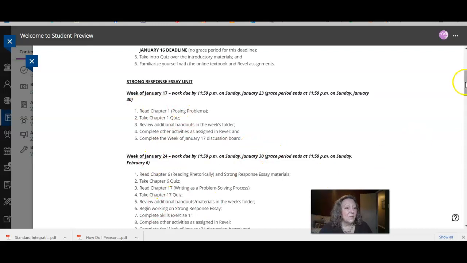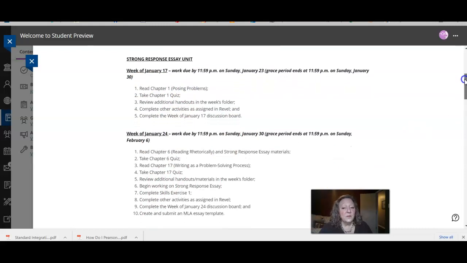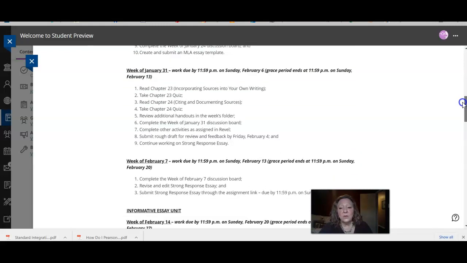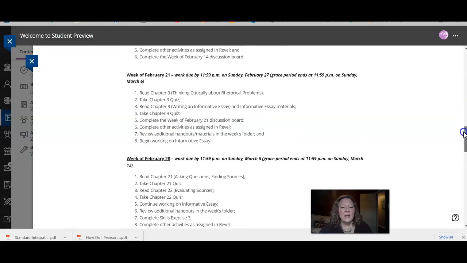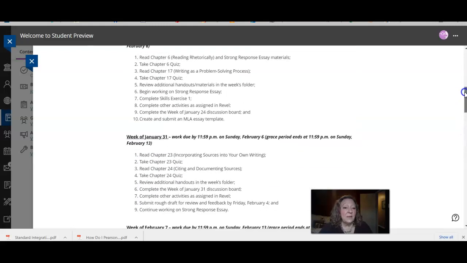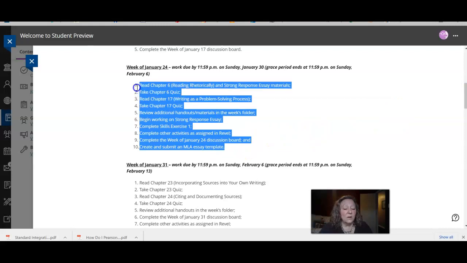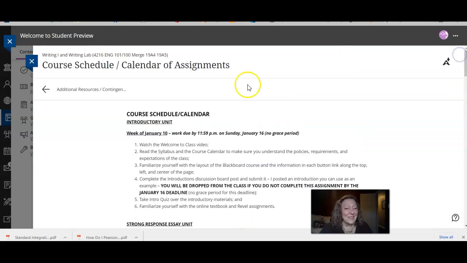And that's the way every one of these weeks goes. So the due date of 1 week with an extended week. And so you can look through there and see that. Now I have copied and pasted these weekly sets of work, and that's what I put in the what to do in this section